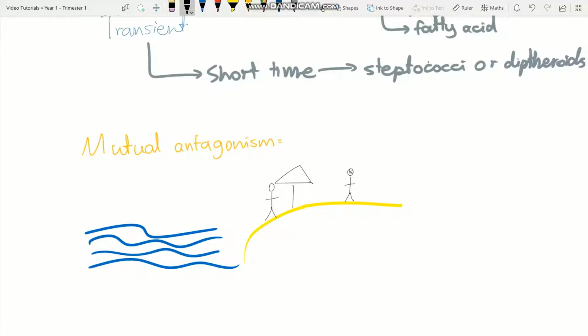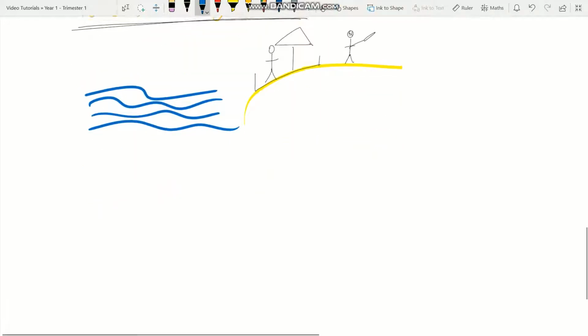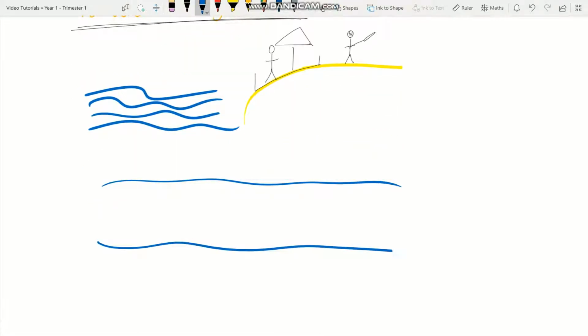Obviously, they won't be able to because you've already taken that spot. And essentially, they are not allowed to be anywhere within this space where you are present. And the same concept is present with mutual antagonism in the body. If we take the example of E. coli again,